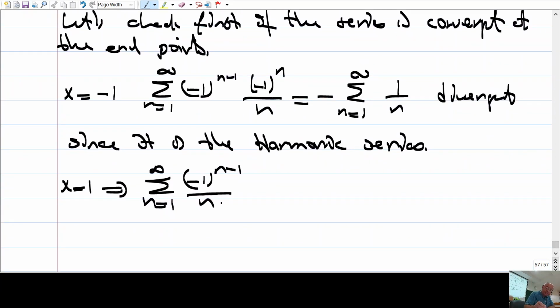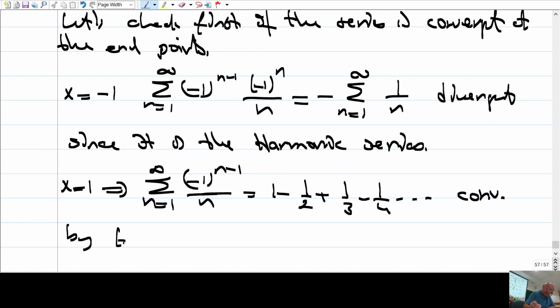So you get this. What is this? This is an alternating series, right? So this is 1 minus 1 over 2 plus 1 over 3, 1 over 4. We already saw that this is convergent, right? This is convergent